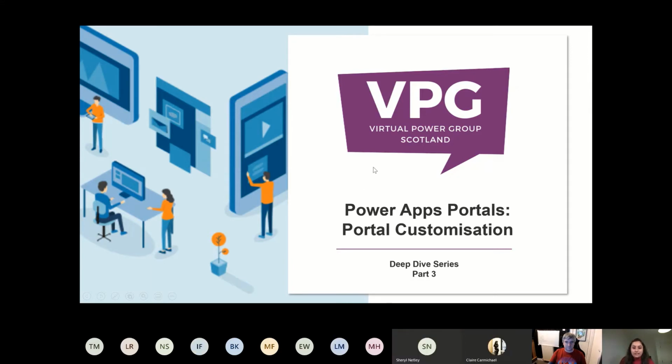So today we are going to see the Portal customization. It's mainly about how to write code to customize the portal. As in the last two series, we have seen the basics of portal and the configuration, how to configure a basic website without writing even a single line of code. Today, we are going a little deeper to see how to get started with the coding part, or the customization, for portal. So here we go.